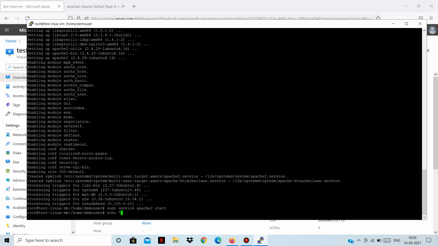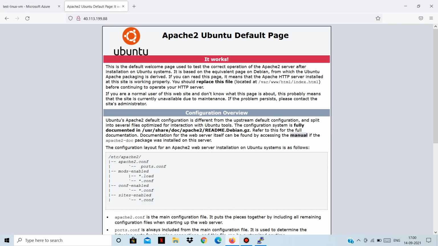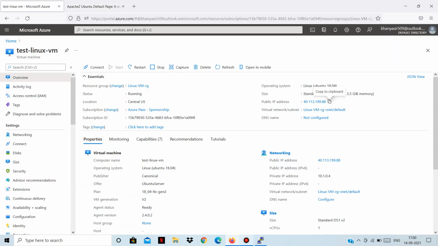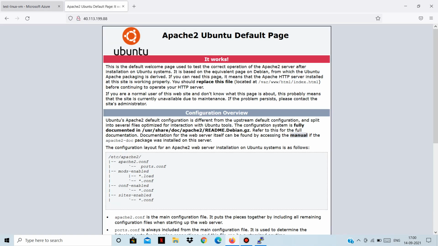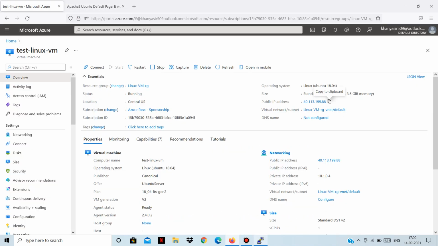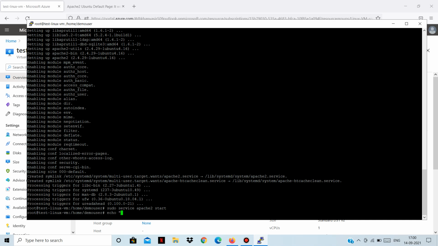I will use the echo command to print a very simple line, but instead of printing it in the terminal itself, I will pass this to the index file so that the index file gets replaced by this echo line. I'll pass this echo line to the index.html page of the Apache web server.